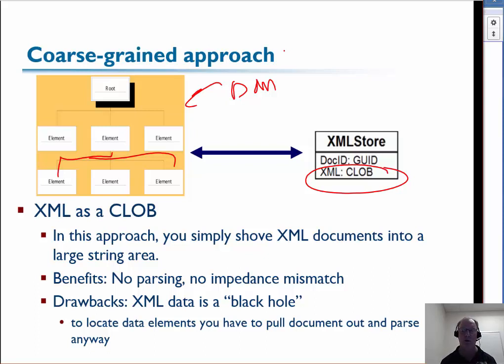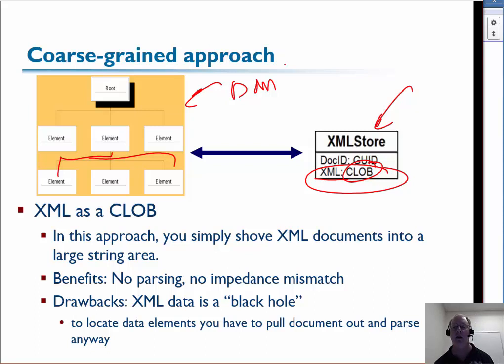All right, so I'm not going to parse it at all. I'm not going to have this impedance mismatch of going between an XML document and a relational database. I'm just going to treat it as a big black box, if you will. Now, if I wanted something out of it, and if I wanted to validate that it conformed to a schema, if I wanted to verify it's the right kind of stuff in it, anything I'd want to do, well, I'd have to pull it back out, right? I have to pull it out of this table and go to this CLOB, convert it back to an XML document, and then I might run something like XPath on it or whatnot.